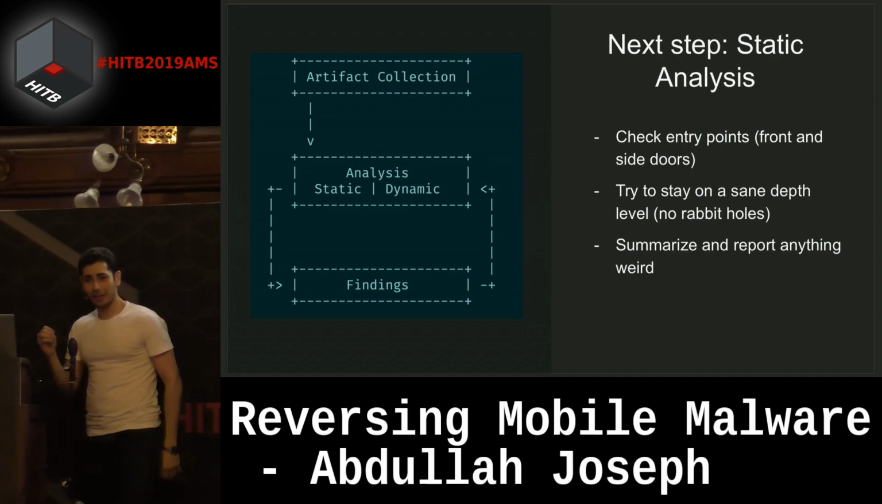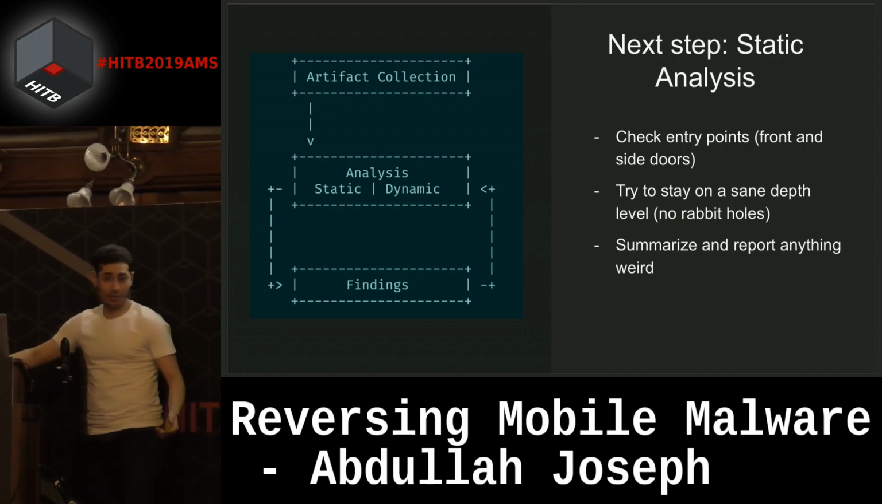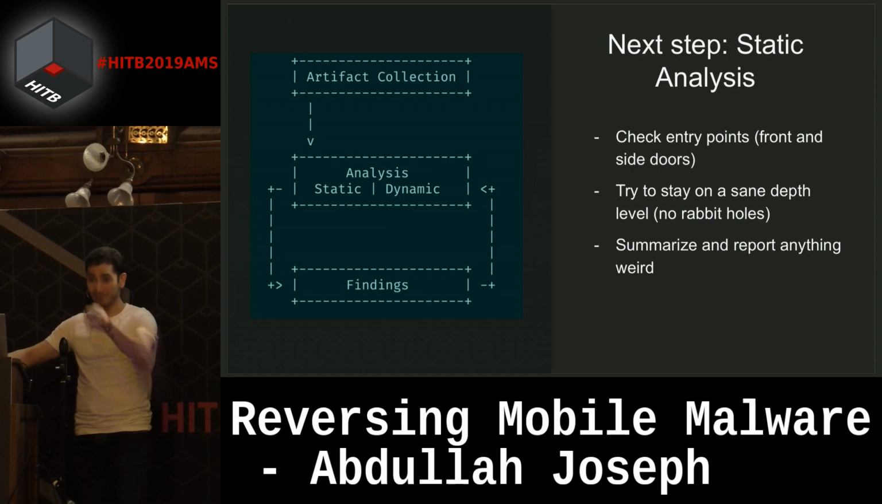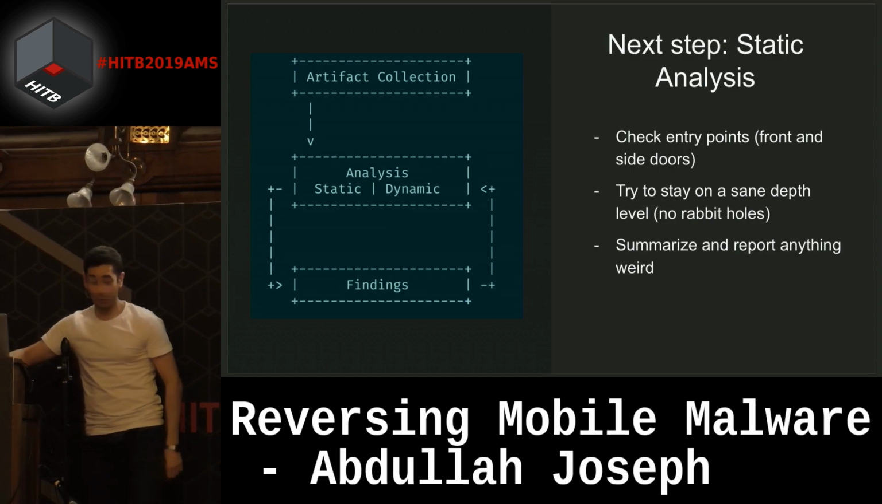In that case, I highly recommend that you guys see a talk that happened at Hack in the Box by Mr. Alexander Borges, who's standing right there, about deobfuscating virtual machines. So,